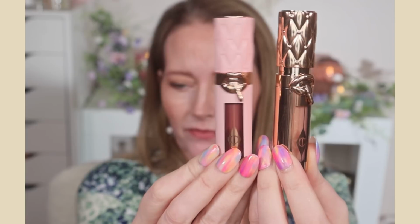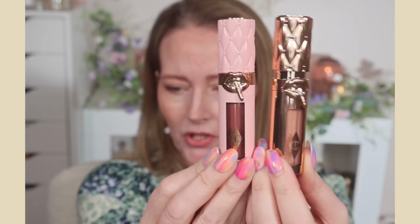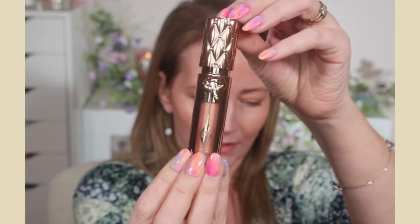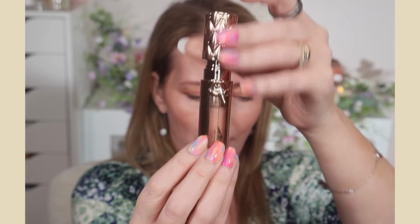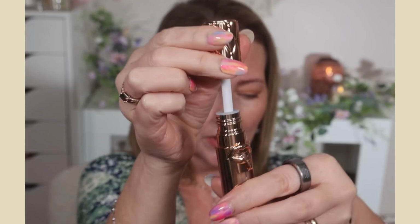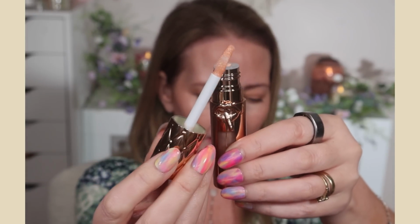So the very first two that came out both had this pink packaging, so it's exactly the same, it's just gold, so it's very easy to work out which one's from this nude collection. This one is called Diamonds, and this is £27. This is a champagne nude plumping lip gloss with a diamond sparkle that makes the lips look bigger instantly and